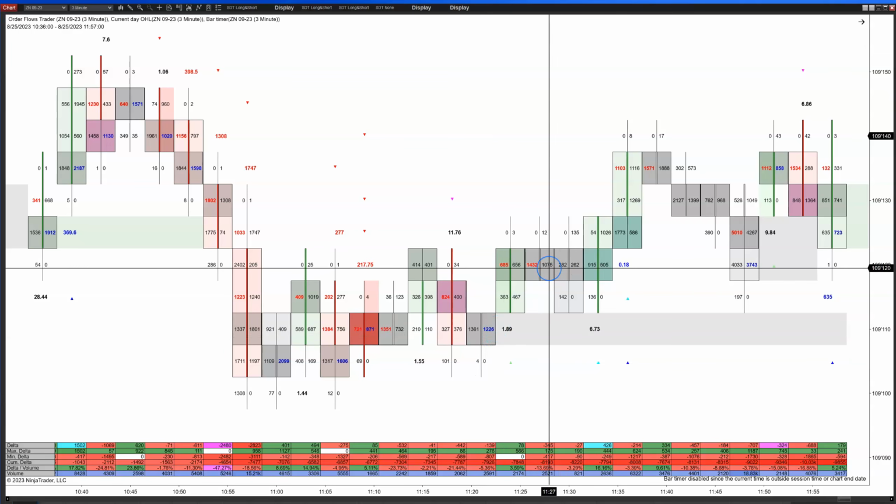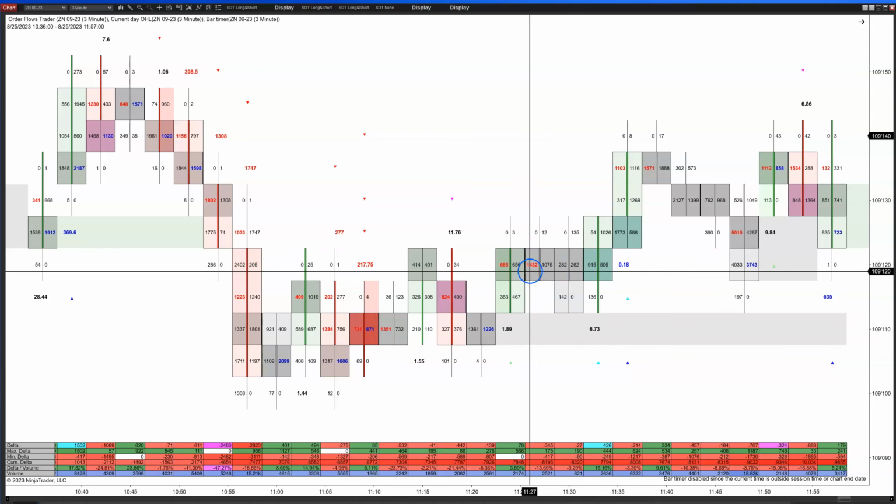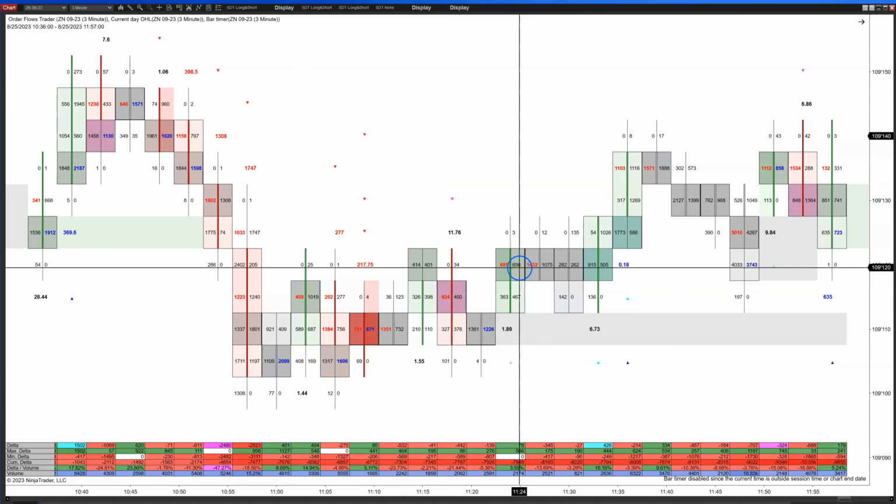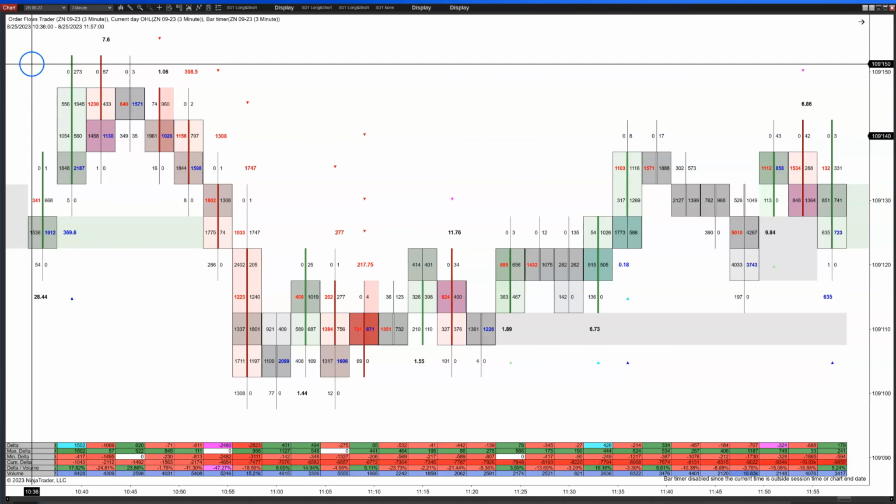It's hard to really get much in the sense of what is happening in the market on slow-moving markets on a time-based chart. Or, let me rephrase that, it's hard to get a lot of information in the order flow on markets that don't move very much on a time-based chart. If you were to look